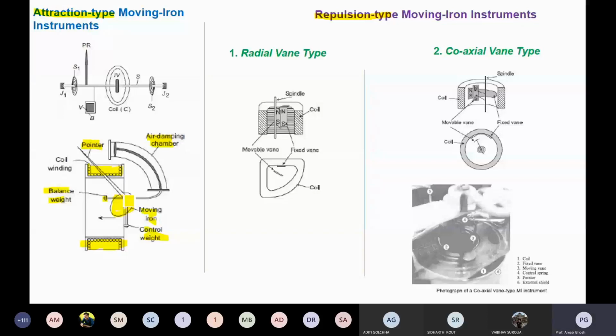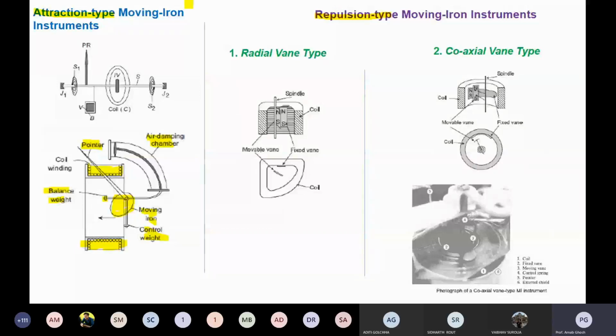And what is the reason for this balance weight? The balance weight and the piston both are there for mitigating the oscillations of the pointer. Here you can observe that the movement happens directly due to the attraction force of the coil winding current. If you increase the winding current intensity, the attraction will be much more, so the pointer deflection will be too high. Due to the huge deflecting torque, the pointer tries to oscillate much more compared to the PMMC instrument.